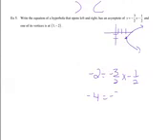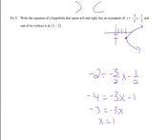So what I can do to find the x-coordinate is say the center has to lie on the asymptote, and I know the y-coordinate is negative 2. So I'm just going to put negative 2 into the equation of the asymptote. If I multiply both sides by 2, I get negative 4 equals negative 3x minus 1. Now add 1, so negative 3 is negative 3x. So I get x is 1. So the center has to be at